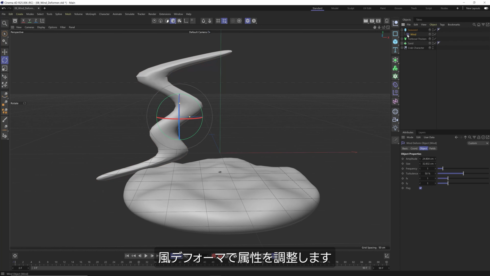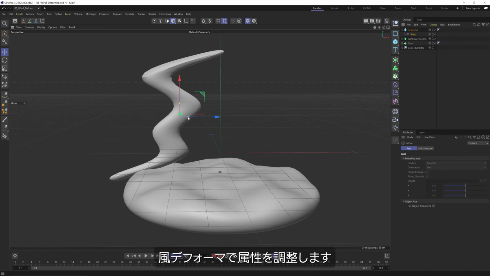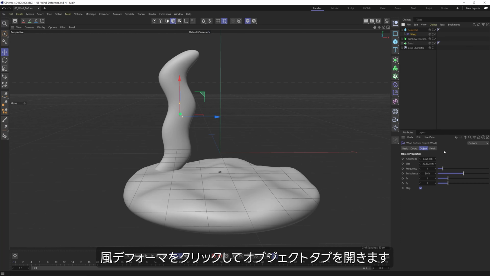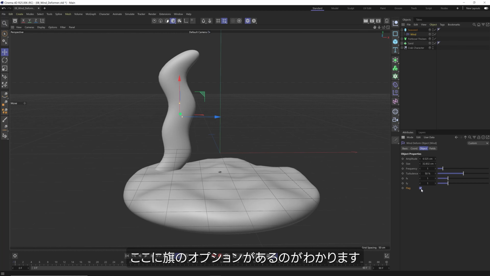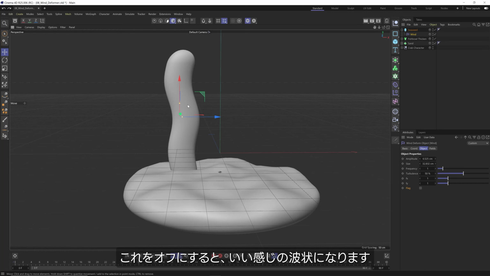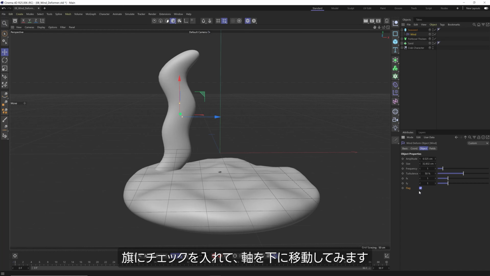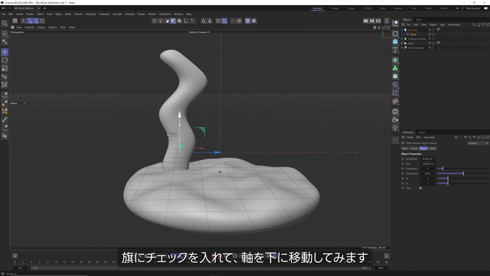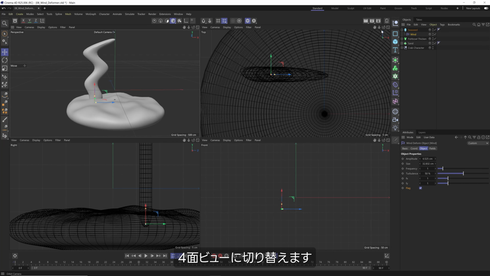And now we can go into our wind deformer and adjust those properties here. Now, as I click on the wind deformer and go into the wind deformer object properties, you're going to see that we have this flag option checked. If I turn this off, you can see that there is going to be this nice waviness. And if I turn on the flag, you'll see that if we move this anchor point down,